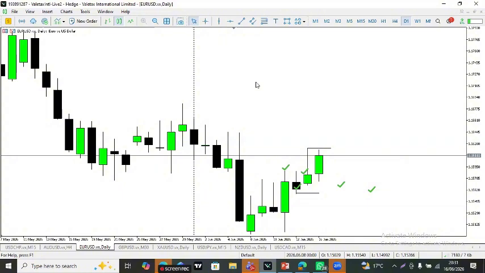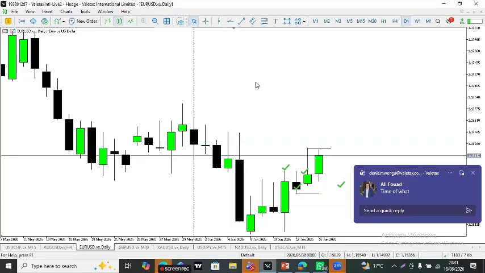It's very, very important to identify the external high and the external low because when price,